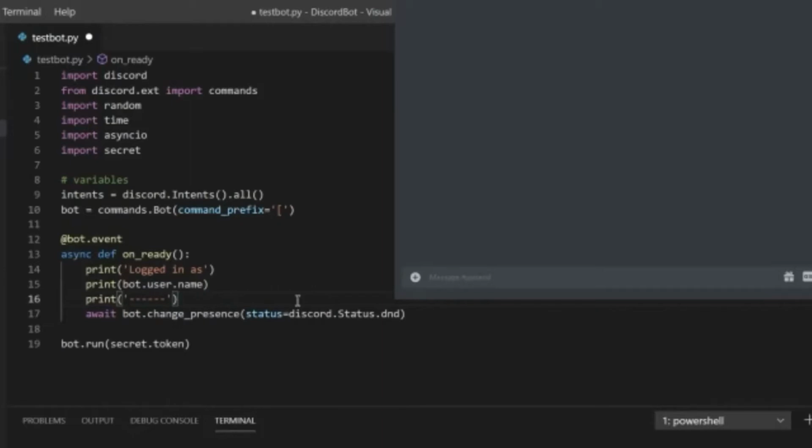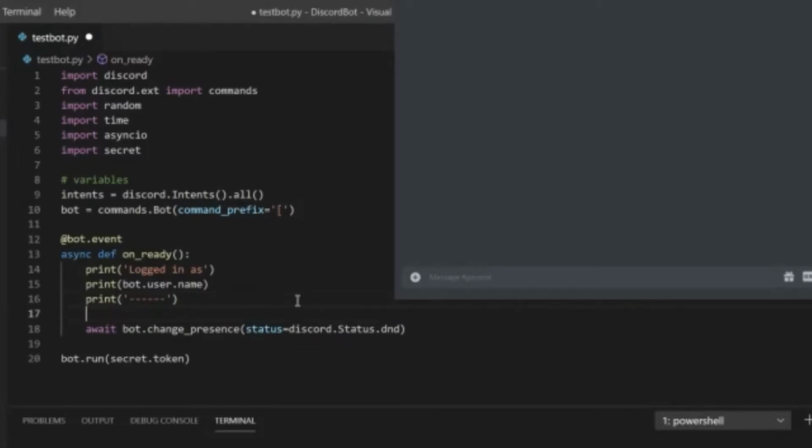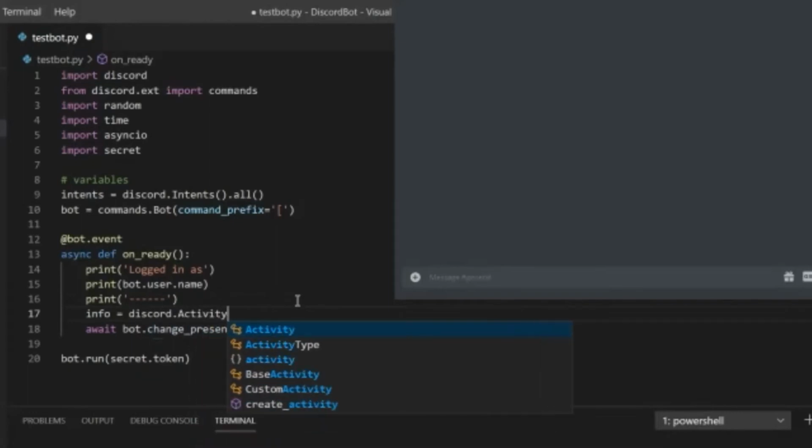four-ish, five-ish different statuses. So if you look at the bots, some of them might say watching or playing or streaming or listening to. Those are different ones. There's also a fifth hidden one that's competing, and that is what we're going to be using now because secret stuff is fun. So to set a status, you would first declare a variable, and then you will type in